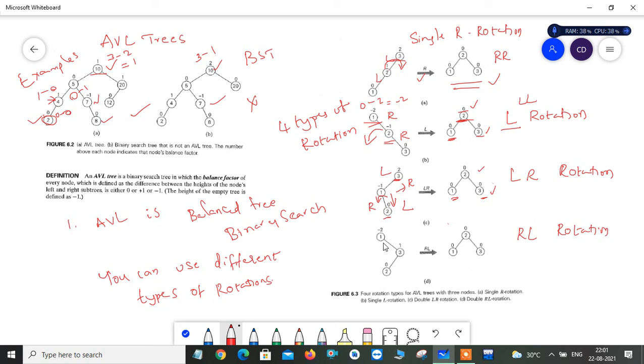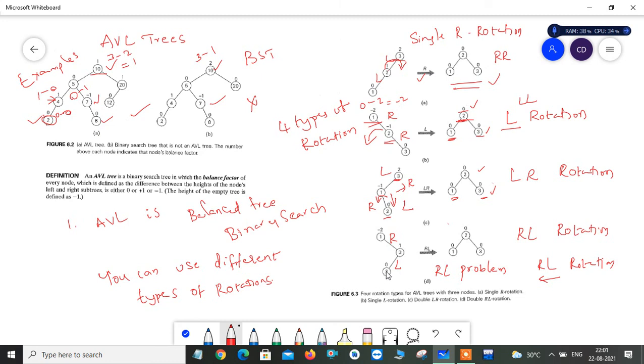And here also you can observe that the tree is unbalanced due to the right left problem. See, what is the problem we have? Here 3 is inserted on the right side of 1 and 2 is inserted on the left side of 3. So this is right left. So whenever you have a right left problem, you can apply RL rotation. Right, so RL rotation, how can we do it? You can apply it in a reverse way, like you apply the right rotation first, then you apply the left rotation.